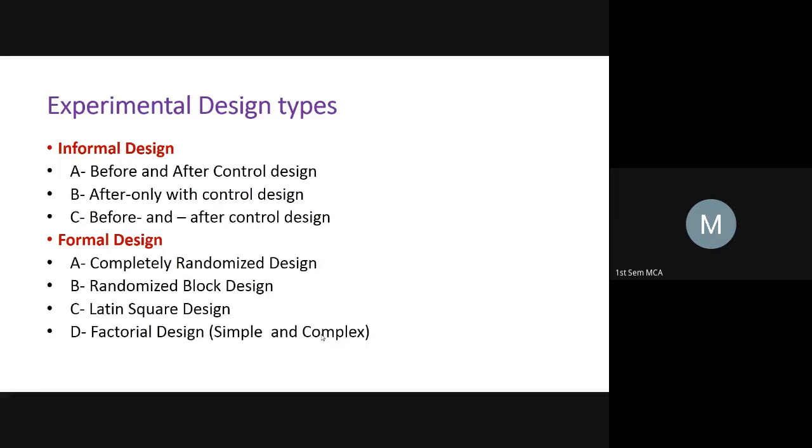Okay, so based on these parameters, I am going to differentiate the two kinds of design called informal design and formal design. Formal design is more applicable for those people who are doing very extensive research and have got huge data sets, which also have commercial applications. Informal design is just to understand.